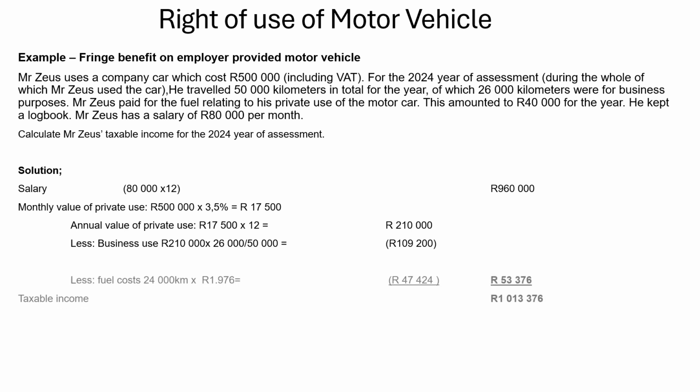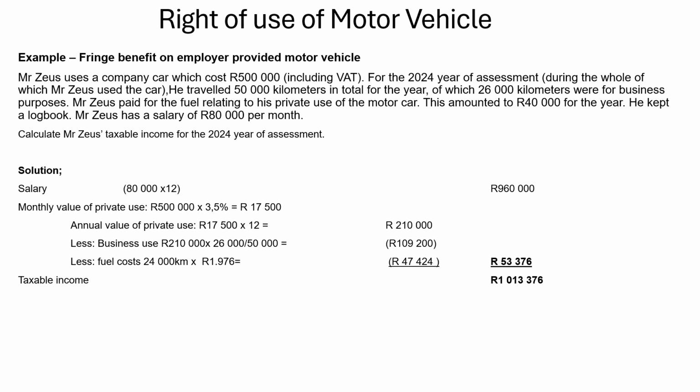109,200, less fuel costs: 24,000 kilometers times R 1.976, taken from the deemed costs table, equals R 47,424. Then we subtract R 109,200 plus the R 47,424 to get R